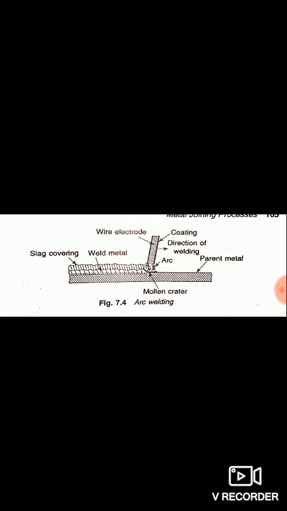A non-consumable electrode is used only for producing an arc. An arc will be produced and no filler metal will be added by the melting of the electrode. These electrodes may be bare, flux coated or heavy coated. What is this bare, flux coated or heavy coated? Bare electrode means without any coating. Here there is no coating or flux provided.